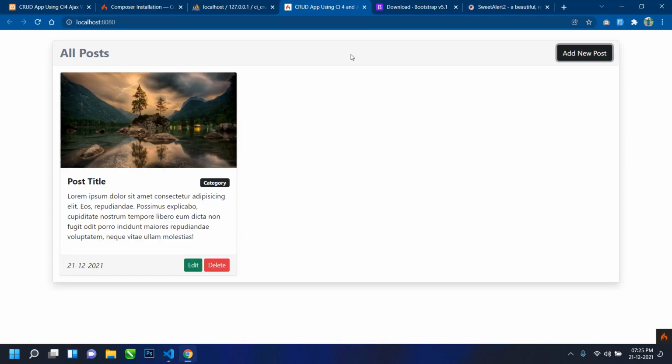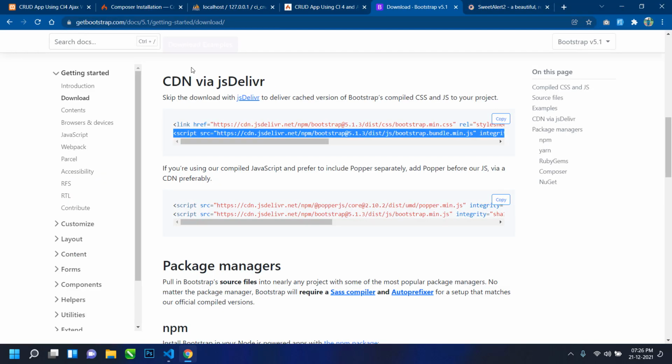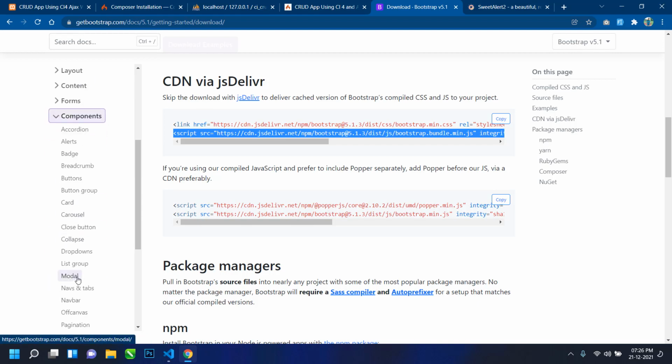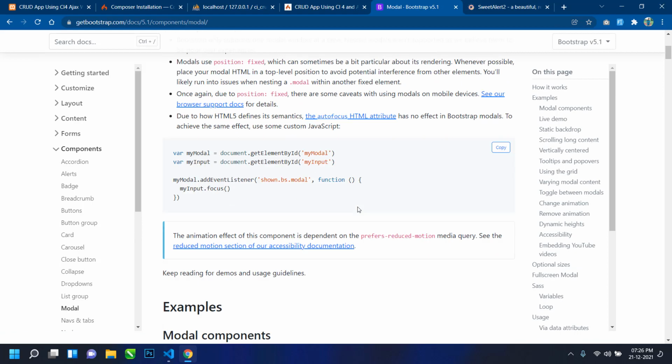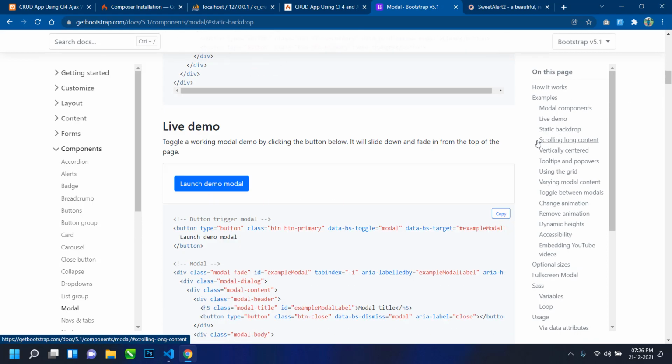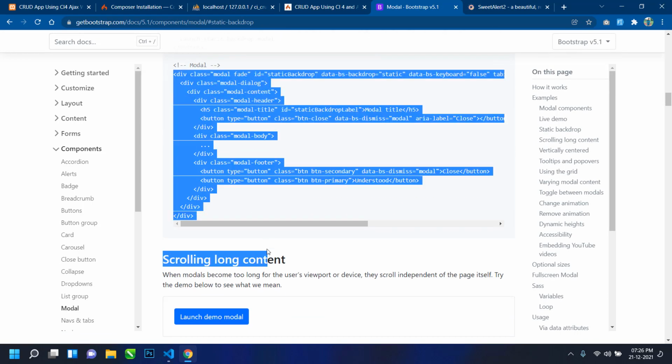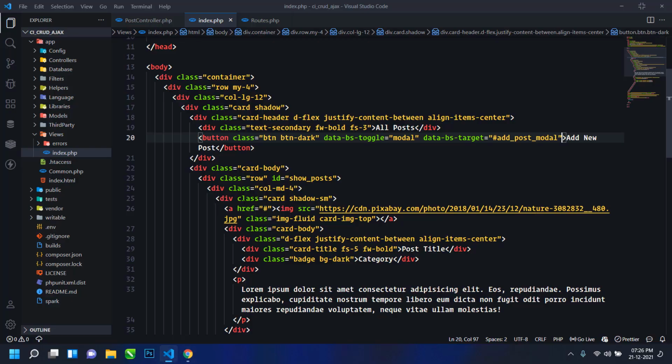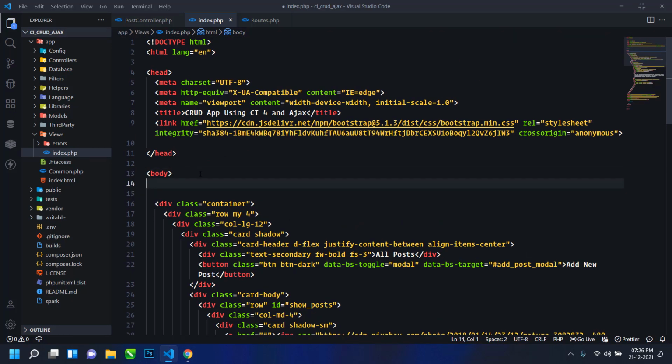Now just go to the Bootstrap documentation and click on components, and then click on modal. Just click on this static backdrop modal. Just copy this code, and here at the top first I will write a comment, add new post modal start.